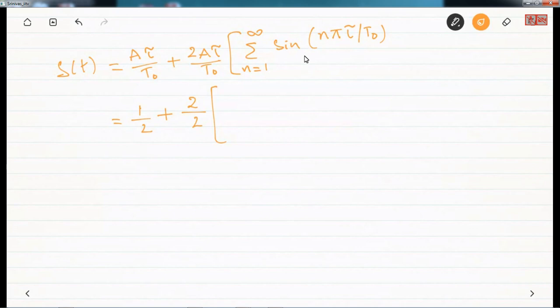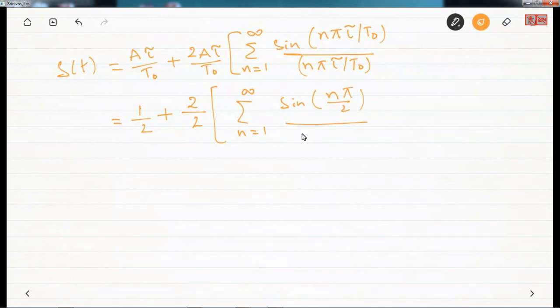So that means we have the sum for n equal to 1 to infinity of sine of n pi by 2 divided by n pi by 2, into, what do we have here, cos(2 pi n t by t naught). So this is equivalent to 2 pi n fc t,